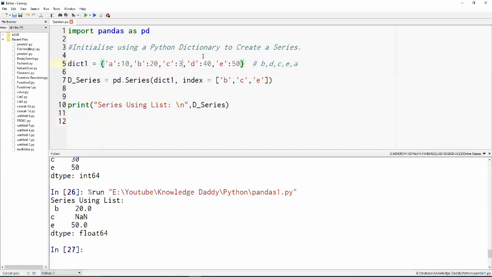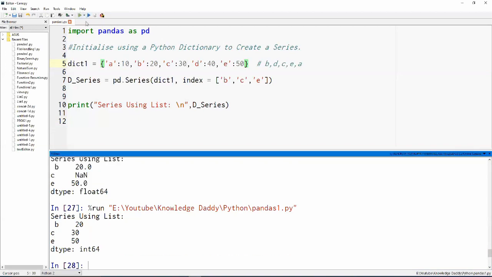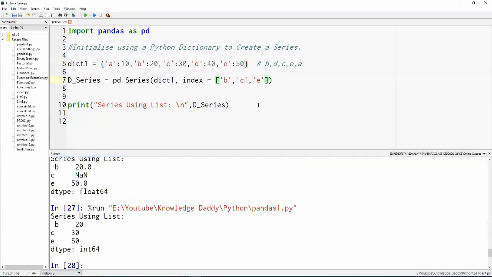Suppose we have 30 here. We are not changing the dictionary, and if we run, we'll find that it is running the same program, and it is giving me 20, 30 and 50 for the corresponding indexes b, c and e, right? What if I want to provide another index position here, but that index position doesn't really exist in the dictionary which has been previously defined?